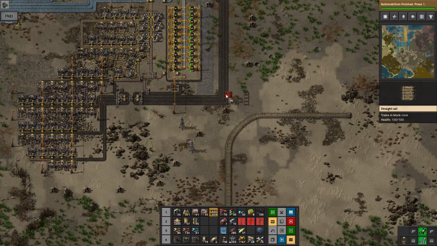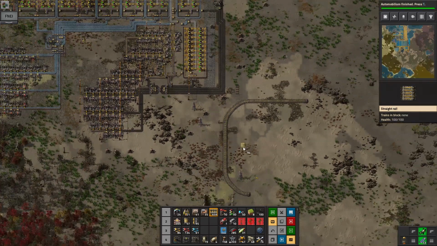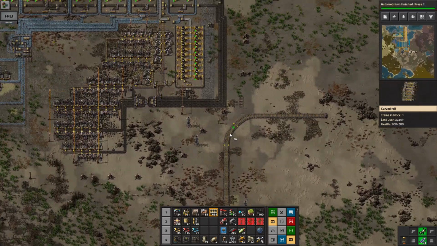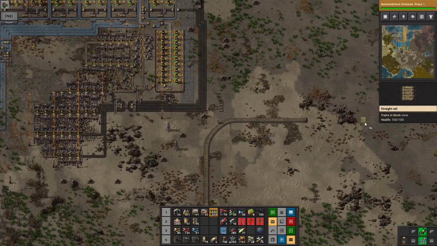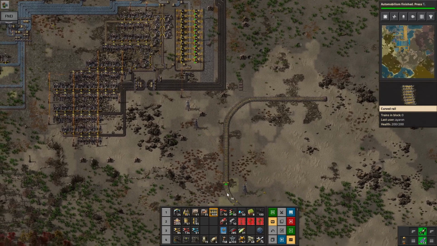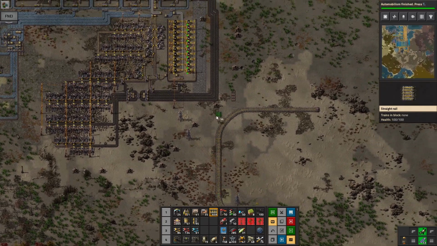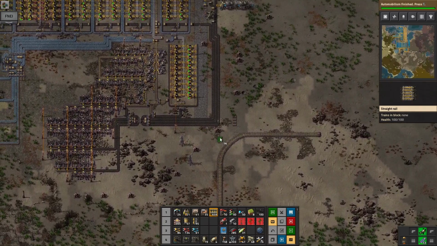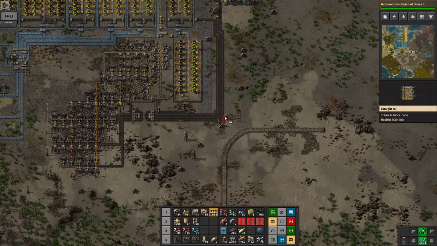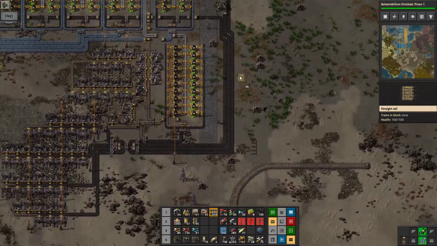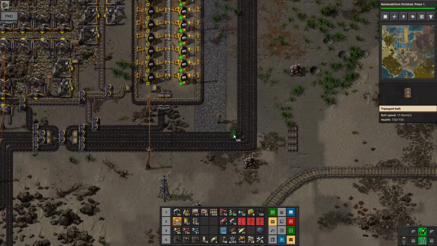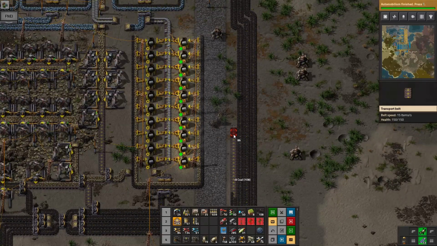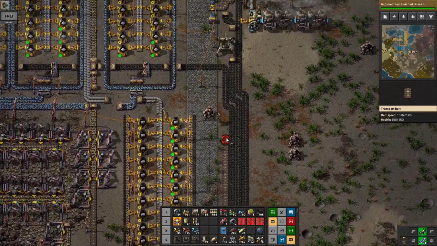Okay, looking at this, I think I want all this slightly different, because I might need more stations to come in from above. So I'm thinking the train's going to come in from here and exit down this way. And if I want to add more stations above it, then I'm going to have a straight line running here. But these things do have a weird squiggle to them. So if I just get rid of that weird squiggle,